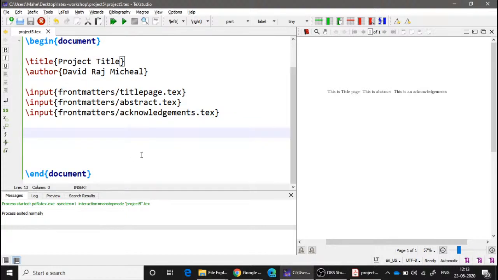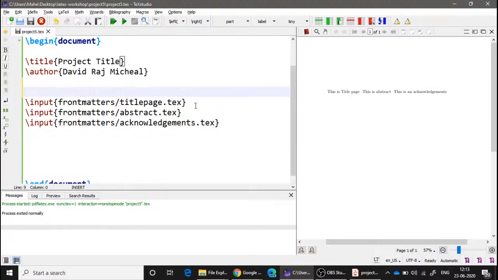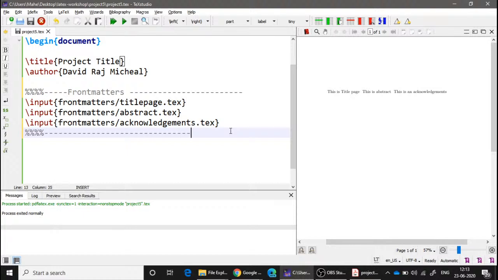Okay, fine. So that's our front matters. That's got over. I would like to keep a comment on it. So what I will do is I will put some percentage symbols, I would put some hyphens, and I would say that this is front matter, and then hyphens for completion, and then to keep it clear and neat, I would just go down to this, and I would put a couple of percentage symbols. So that is just again for organization purpose only, just to maintain your document neat and clean,